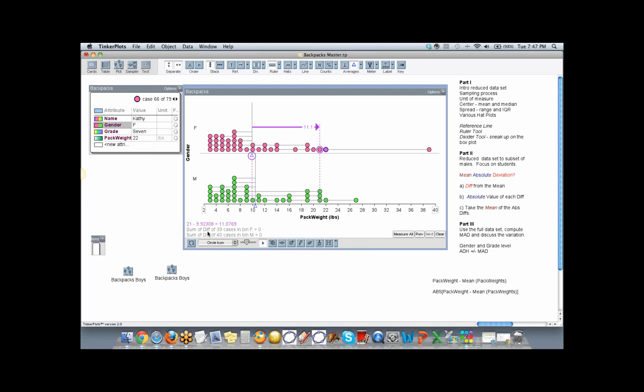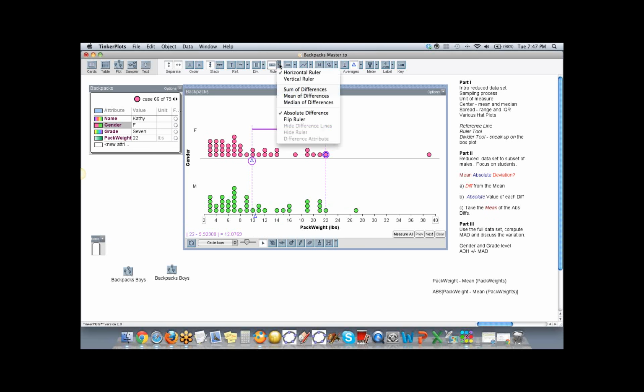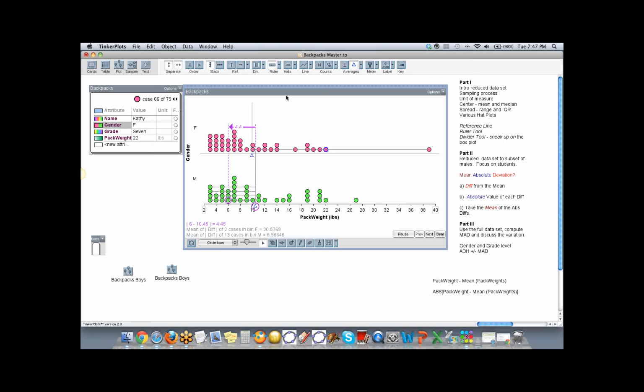I have the sum of the differences of the 39 cases, and because they're positive and negative, that came out to being 0. So I need to click on the absolute value of the differences, and that gives me the total of those distances. And if I click, I'm going to clear it because I want it to run. If I then go to the mean of the differences and run it through, it's going to give me those values.